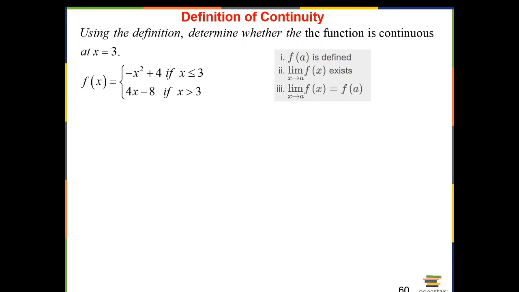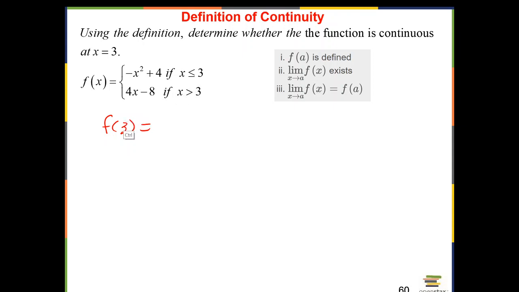Let's look at some. Using the definition, determine whether the function is continuous at x equal to 3. Is the first condition satisfied? Yes, f at a here is 3. These pieces are polynomials, so they're continuous everywhere. The limit would be the same as f of that number. But the problem, the discontinuity, is at this breaking point that breaks the domain into two parts